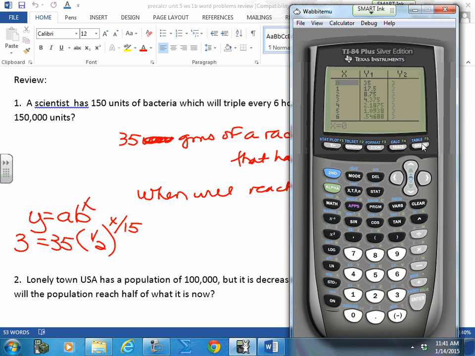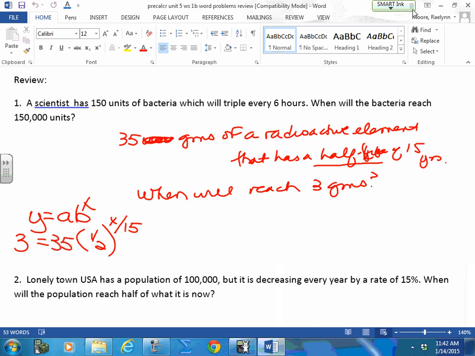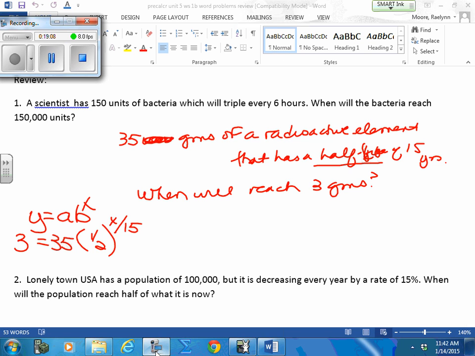It's decreasing every year. Whoa, but I said every 15. So that's why I know I'm wrong. So if you think this out logically, you say, what's the first year that it'll decrease to half? You should be able to find that on your table. If you can't, then redo it because it didn't work. Okay? So this is what you should expect to